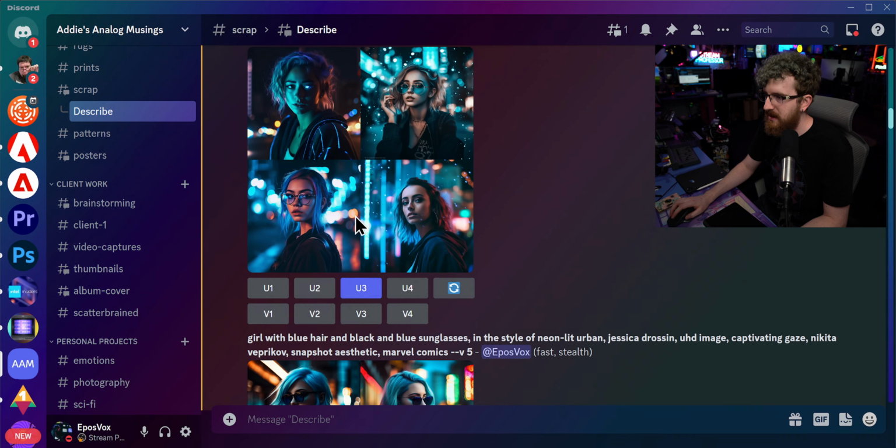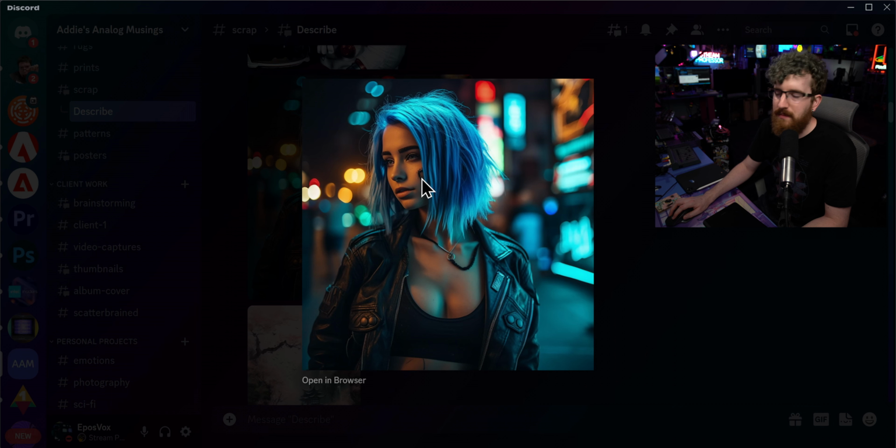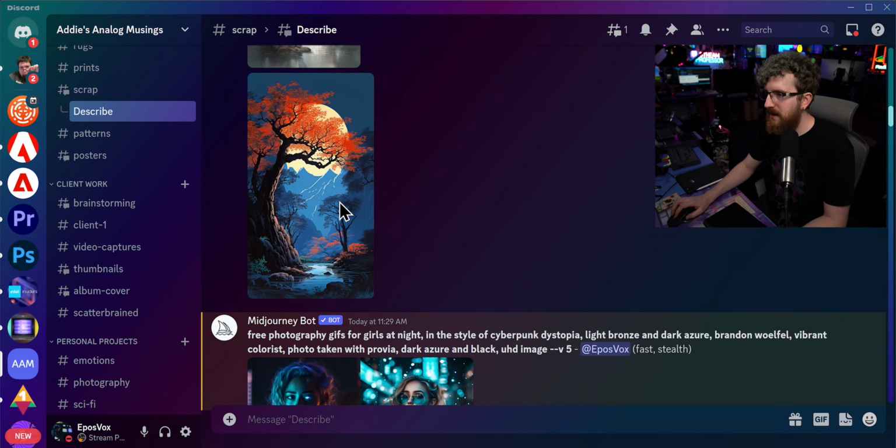I didn't end up using most of these, but I fed it this shot, which is pretty good other than the weird zombie skin thing that MidJourney does sometimes. That's a pretty solid image. Not the most photorealistic, but a good rendering of this person in this kind of New York City style. After I went through the describe feature, which my biggest complaint of the describe feature is the post that